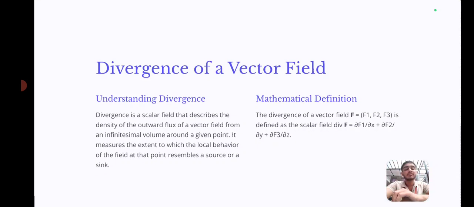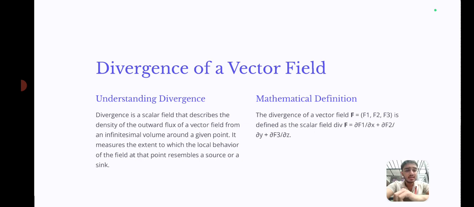Divergence of a vector field. Understanding the divergence: the divergence is a scalar field that describes the density of the outward flux of a vector field in an infinitesimal volume around a given point. It measures the extent to which the local behavior of the field at the point resembles a source or a